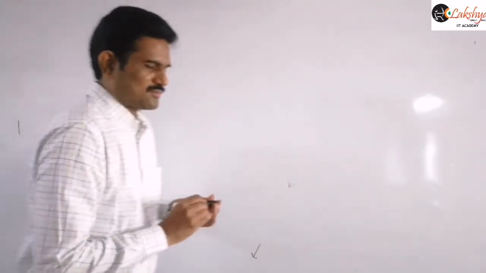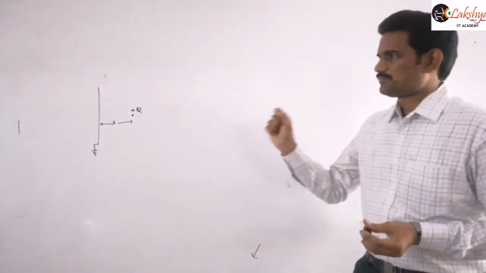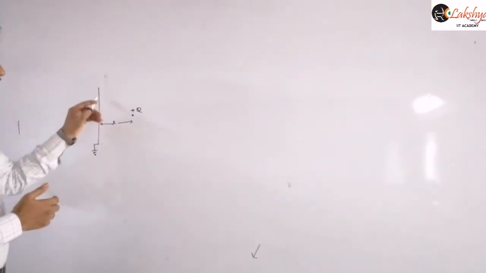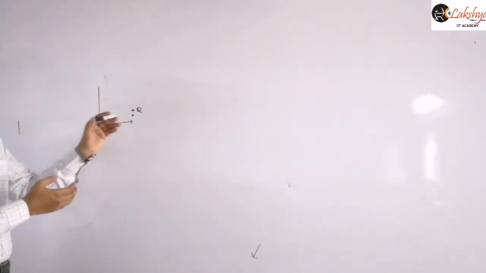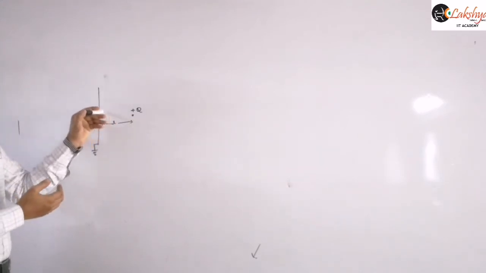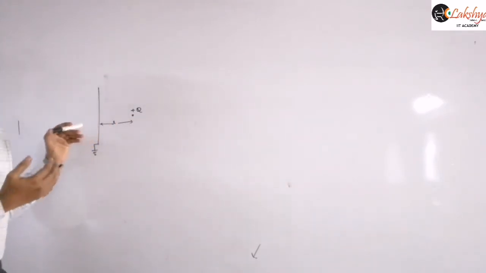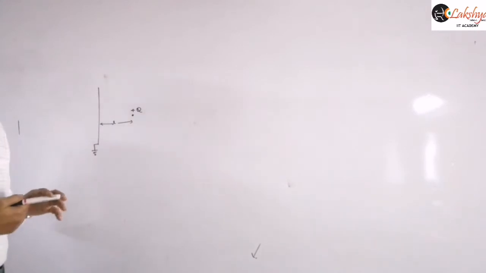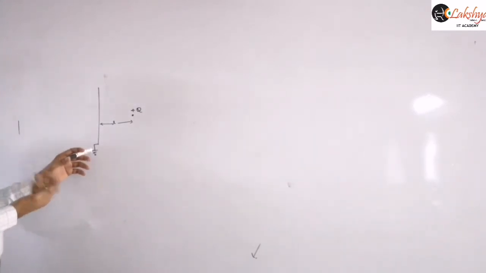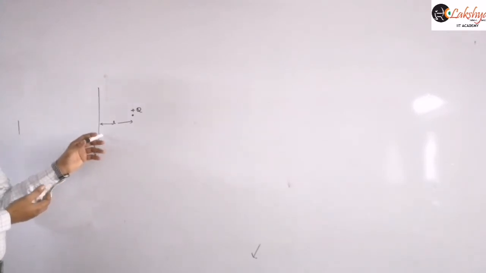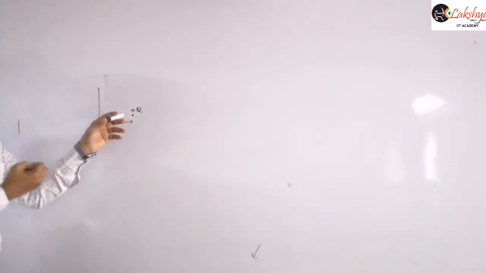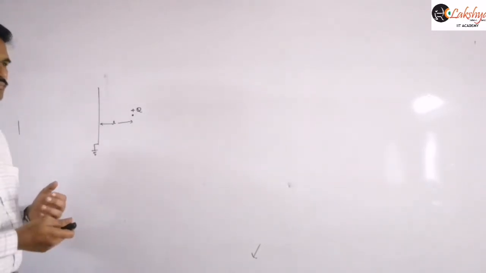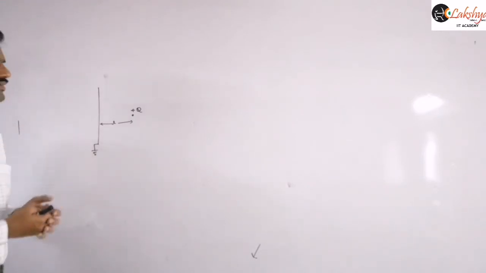So now my question is, what is the force acting on this point charge due to that conducting plane? We know due to this conducting plate, some charges will be induced on this conducting plate due to this point charge. This side negative charge will be induced, on this side positive charge will be induced. So there is some interaction between this point charge and this plane, right? And as it is grounded, the charge distribution will be different. Some negative charge will be there, and finally some attractive force will be there on this positive charge. We need to find the force acting on that positive charge.